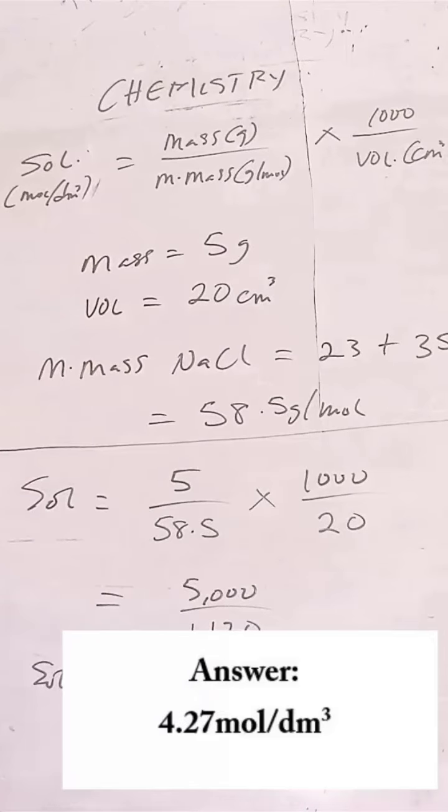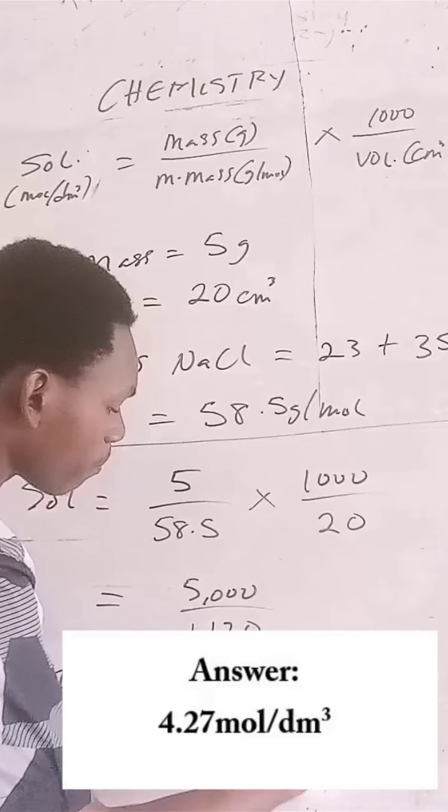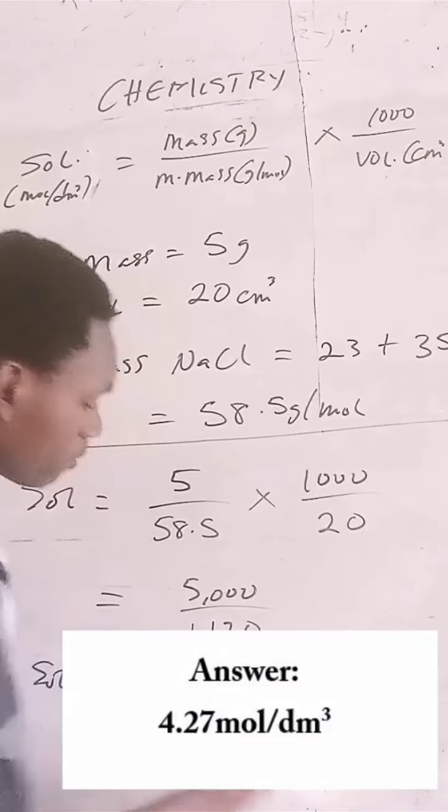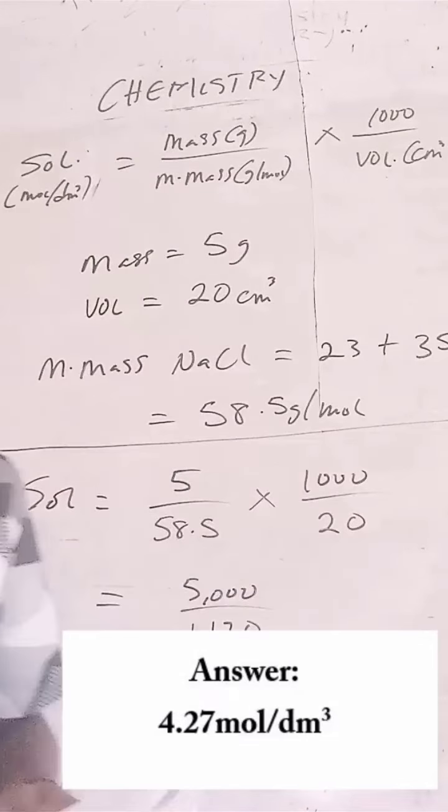If we do that, our final answer for solubility will equal 4.27. And what's the unit for solubility? Like I said, mole per dm cube. Mole per dm cube. So the solubility of sodium chloride